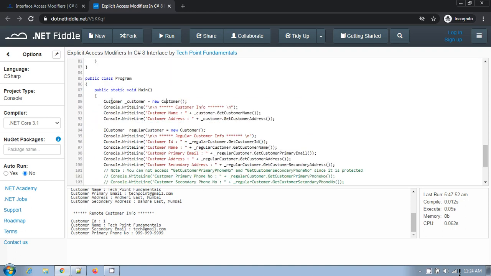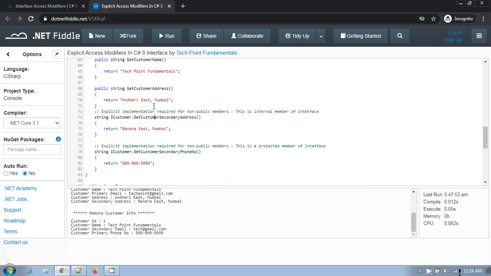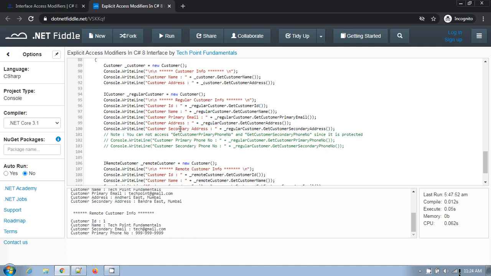so you can access those with the help of customer reference variable, right? But if you have to access these two non-public members, get customer secondary phone number and get customer secondary address, you have to create the interface reference variable.